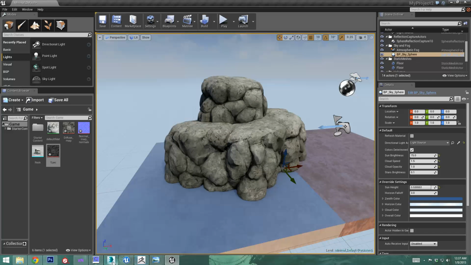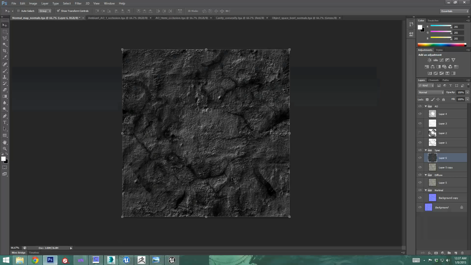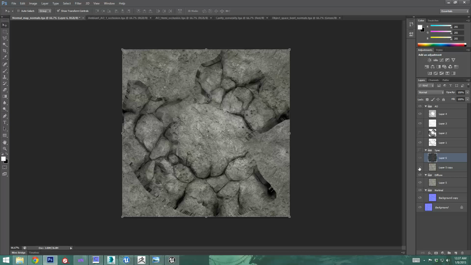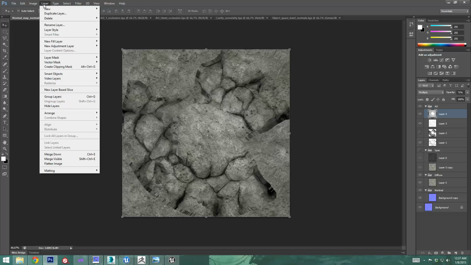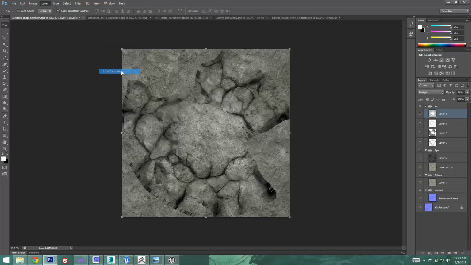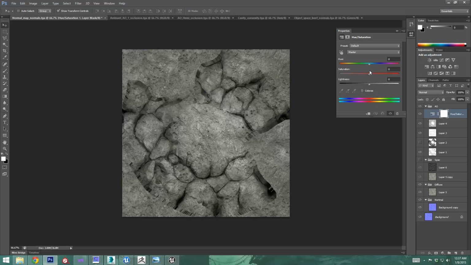So what you can also do, I didn't mention this before, is you can go in Photoshop. I'm just going to turn off spec here, and if you want, you can actually change the color of the AO. So if I go into layer, add a new adjustment layer, I'm just going to put hue and saturation in there, and just check on colorize, and it's going to colorize the shadows or the AO of the rock. And if you want, you can make it slightly blue, maybe not so saturated, but have slightly bluer shadows,